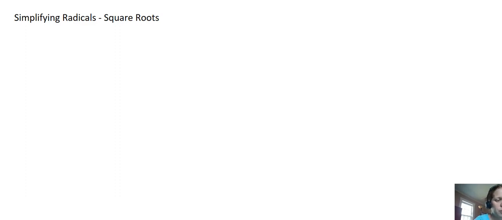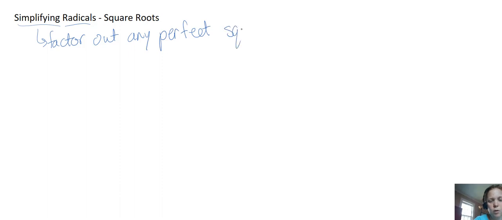So when we're told to simplify a radical, what this means is we're going to factor out any perfect squares, cubes, fourths, etc., depending on if we're talking about a square root or a cube root. So for a square root, any perfect squares, we want to pull out of the radical. So let's look at